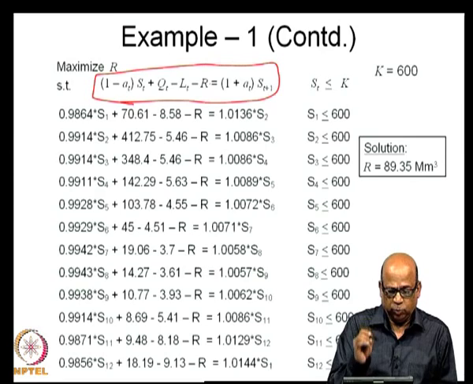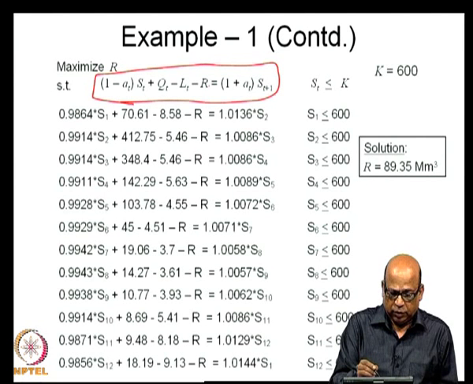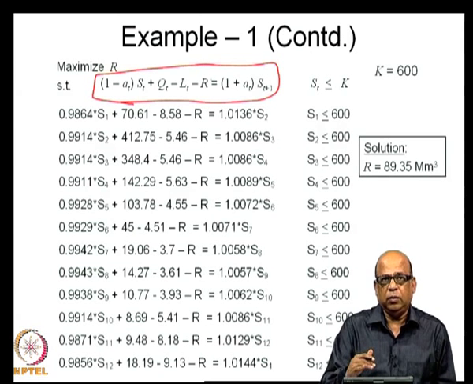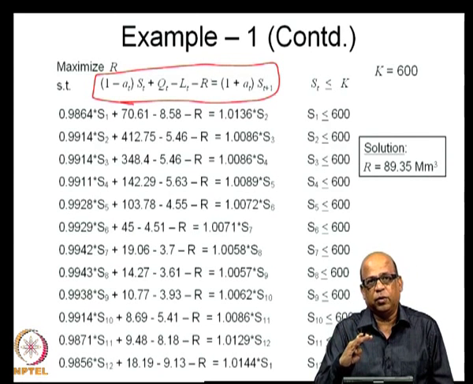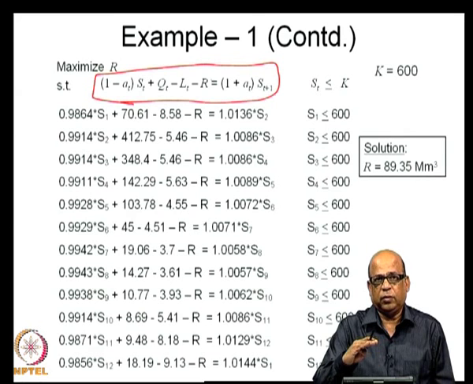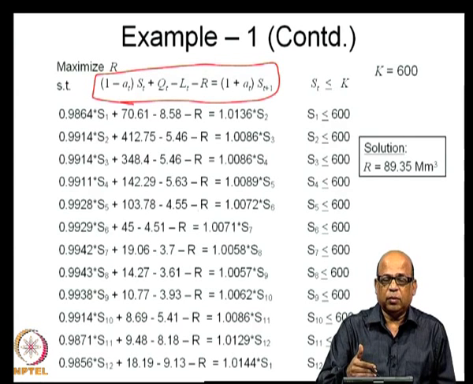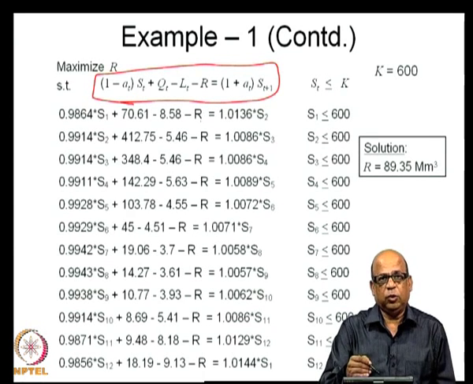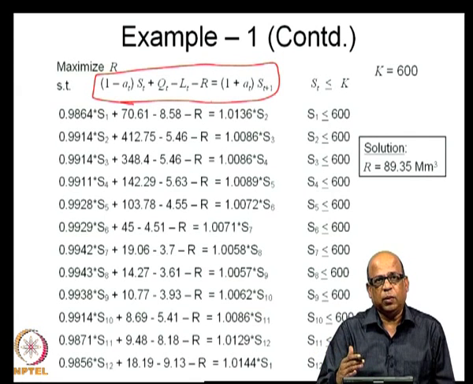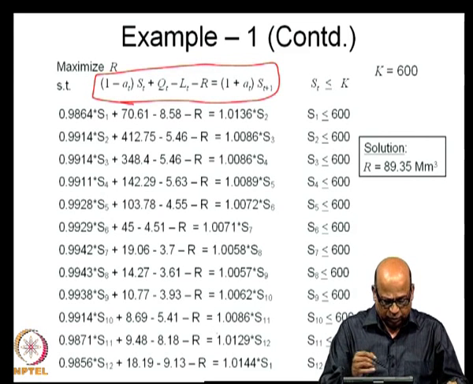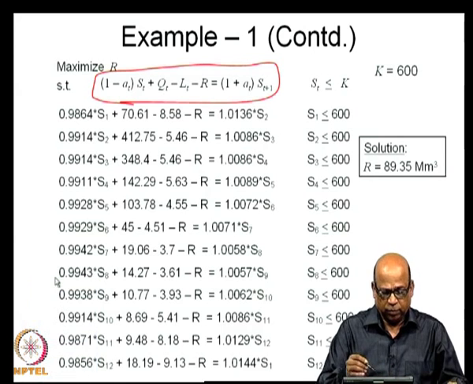It has to be met in this particular form, but remember, in this form we have not explicitly accounted for the spills or the overflows. What happens after the reservoir has reached its capacity? That has not been explicitly incorporated here, and that may cause problems in many situations, and that is why we use either greater than or equal to or some integer variables and so on, which presently I will discuss. But right now we will use the equality constraints as they are and then solve the example.